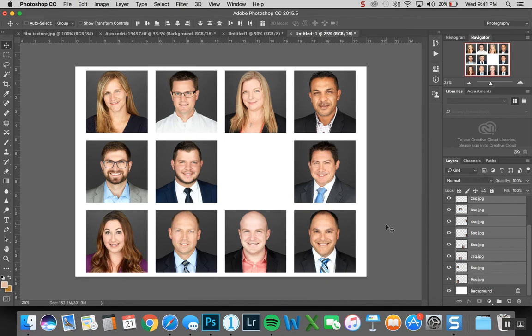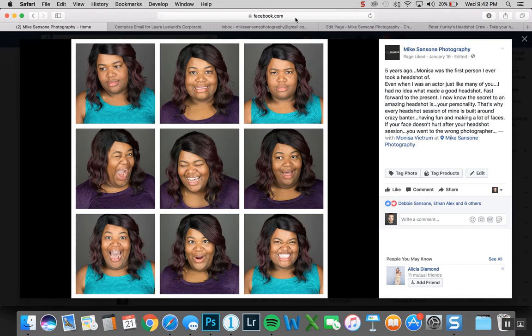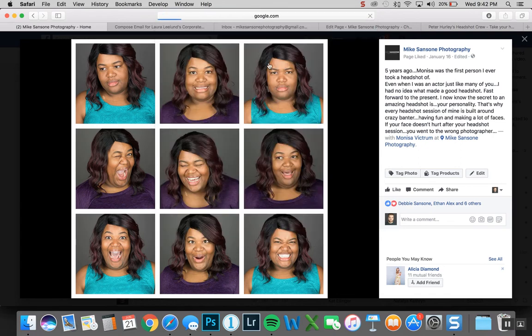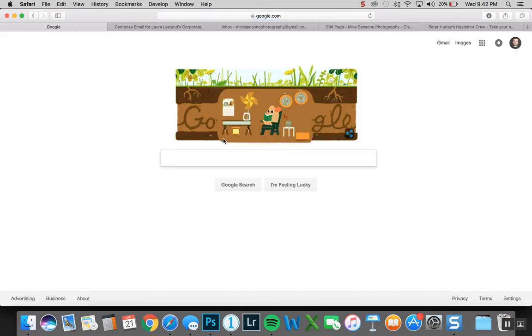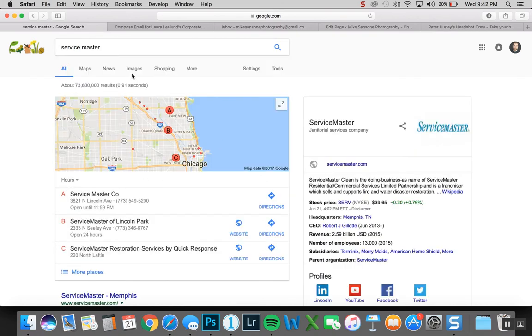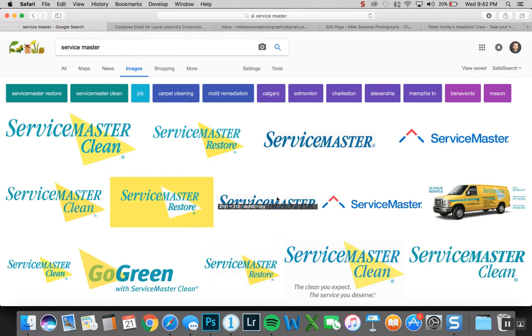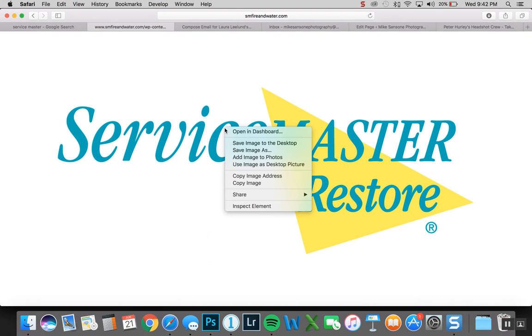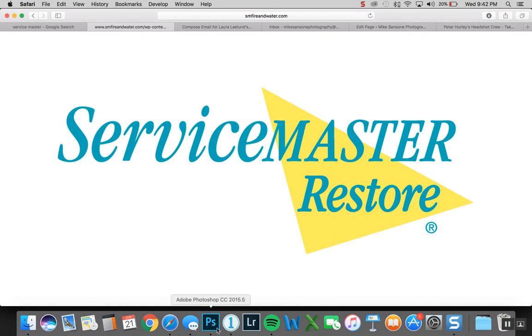Then you go over to Google to find your company's logo. This is ServiceMaster, so we'll go to Google real quick. Images, and then you just find their logo. This company is actually ServiceMaster Restore. View image, find the biggest logo you can of theirs, and then right click, copy image, come back to Photoshop